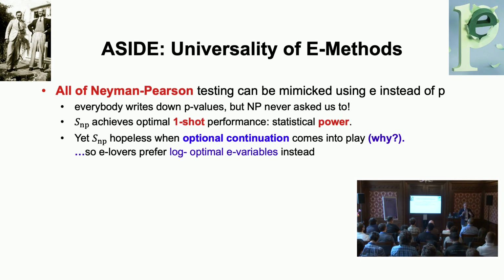And this is also very important to know that our theory is not an alternative to Neyman-Pearson classical testing, it's a generalization. Classical Neyman-Pearson testing is the special case you get if you use these all or nothing e-variables. And then you think, hey, but wait, classical Neyman-Pearson testing is based on p-values, and how is that? Well, the thing is that everybody writes down p-values when they do testing, right? They write medical papers. They said, I rejected the null and my p-value was 0.029 or something. And they have all these lists of p-values.